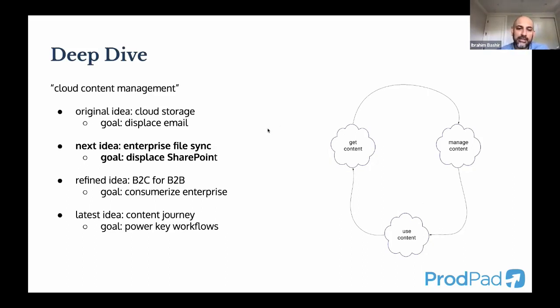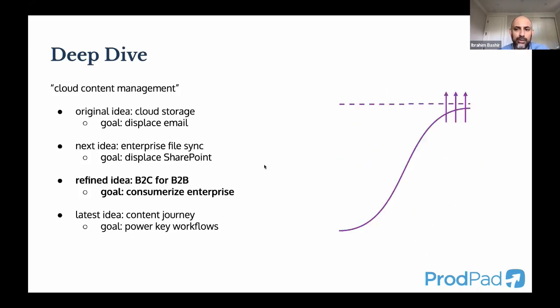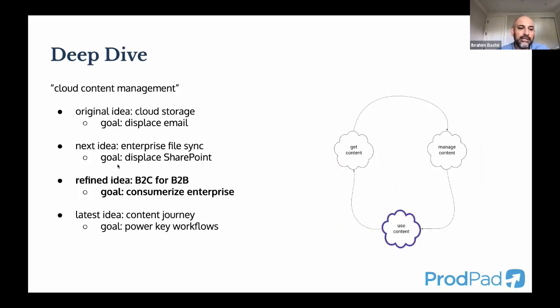But if you think of the example I just gave you, which is sometimes you hit a plateau and you need to figure out if it's an artificial plateau, a real hard ceiling, that's what Box ran into. Sorry, let me go back a slide, which is they saw that in the enterprise, it felt like they were plateauing. And I don't have the metrics from 10 years ago, but it probably felt like signups, usage, number of seats probably were starting to plateau. And they had an idea that if we made the product much more usable, if we capitalize on the trends in enterprise software where a lot of consumer flavor was coming into the mix, we could actually break through that ceiling. We could get more people and more of the enterprise to use the content that's already out there.